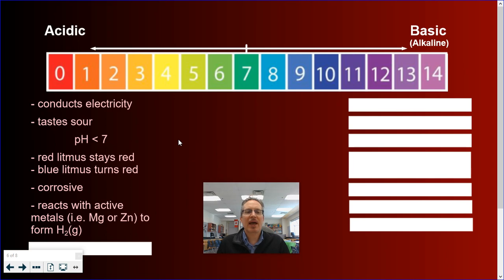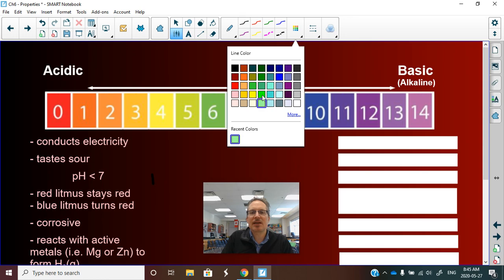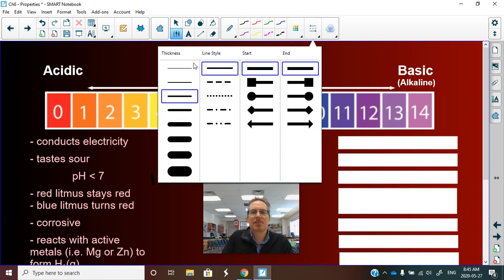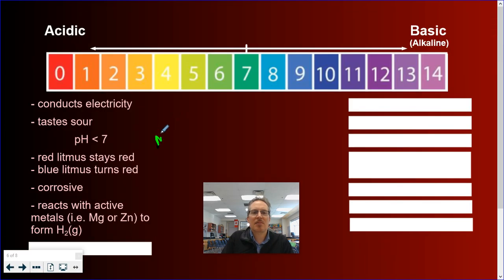Acids also react with metals like magnesium or zinc to form hydrogen gas. If you think about this as a single replacement reaction, I'm just going to write one out here. So let's say we take magnesium. Oh, and I better get a pen color we can see. So I'm going to take lime green again. If we take magnesium and add it to, I'm just going to pick an acid, hydrochloric acid,